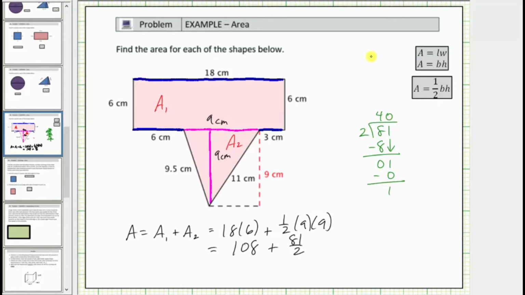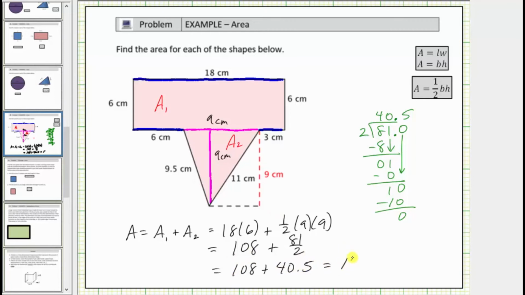We need to keep going, so we add our decimal to the right of the 1 in 81, and move it up to the quotient. Now we can add a 0 in the tenths place value and bring it down. And now we ask how many 2's in 10, which is 5. 5 times 2 is 10. We subtract, the difference is 0. The quotient is 40.5, and therefore the total area is equal to 108 plus 40.5 square centimeters,